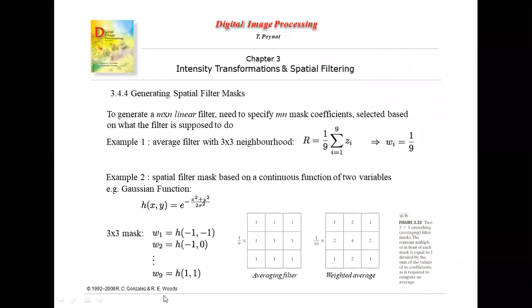Filters can be uniform filters. Averaging filters are common, something like this. They have all the values in the mask common. The sizes can be 3 cross 3, 5 cross 5, 7 cross 7, and so on. Why 3 cross 3? Why not 4 cross 4? Because the midpoint is important. A 4 cross 4 mask does not have a pixel in the center. 3 cross 3 will have, 5 cross 5 will have, 7 cross 7, 9 cross 9 is fine, because it comes with a center pixel.